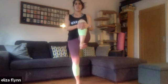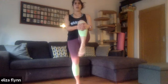And let's take it over to the other side. So we're going to hug the left knee in towards our chest. We're going to stand up nice and tall. And as we're doing this stretch, we're also going to work through the ankle. So circles first one way